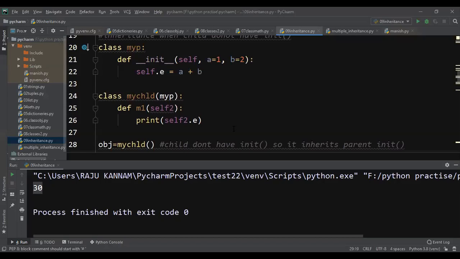If the child doesn't have a constructor and the parent has one, the child class will inherit the constructor of the parent class. That is clear. Why I'm discussing this so much is that in the next program we are going to see a little bit of complexity, so I'm increasing complexity.